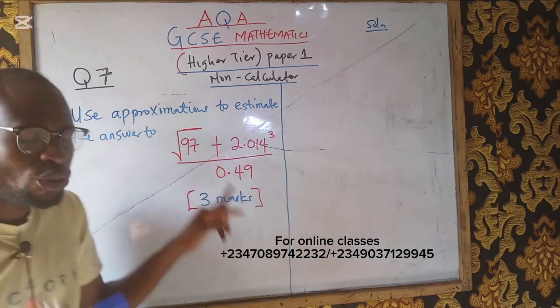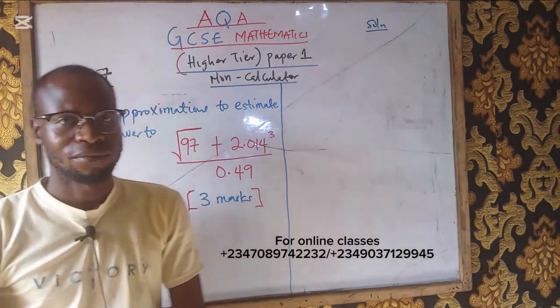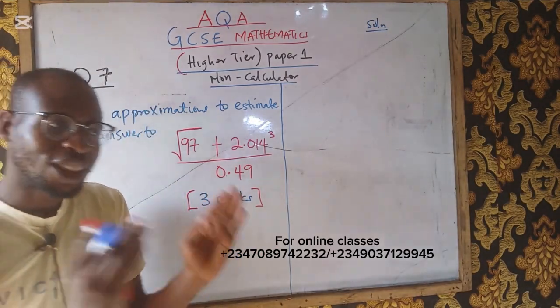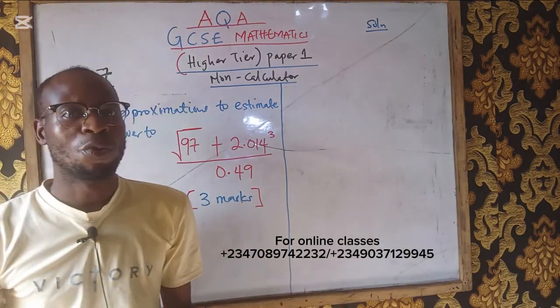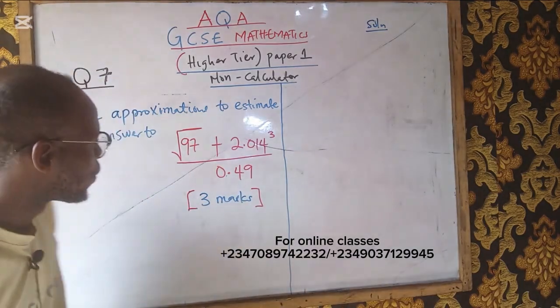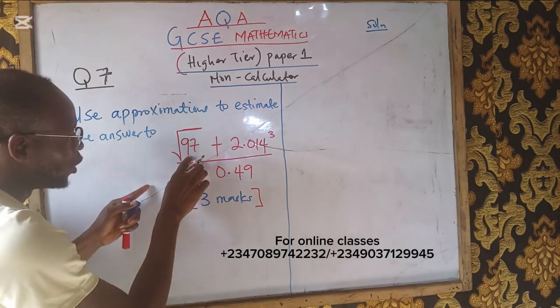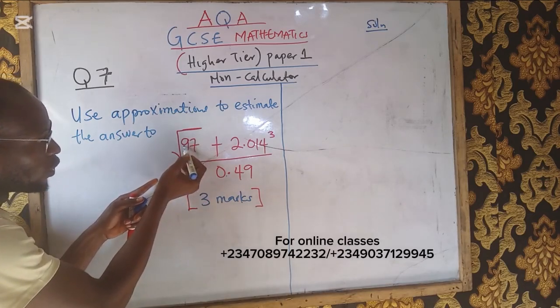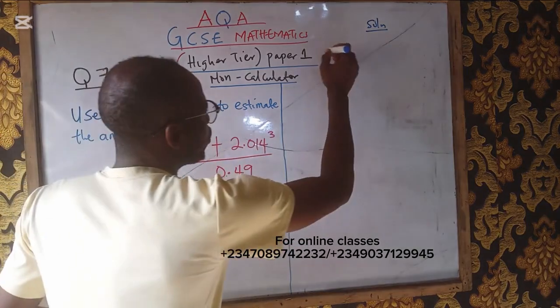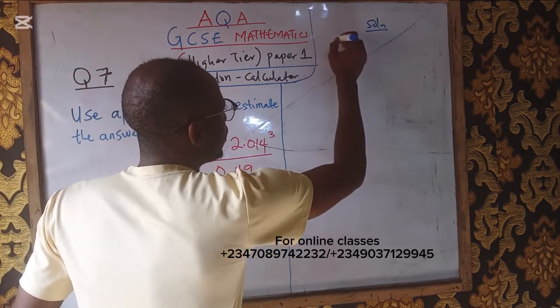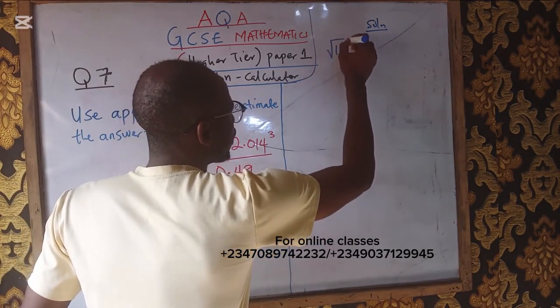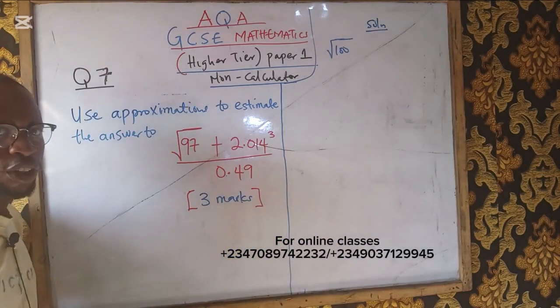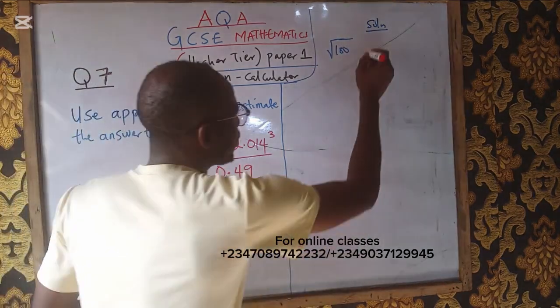So instead, use significant figures to work for it. Whether there is a decimal or there is no decimal, significant figure will work for the two of them. So for this one, approximate to one significant figure. That means I'm going to take this 9 and it becomes 100. So in that case, I'm going to have square root of 100. Do you understand? Plus,